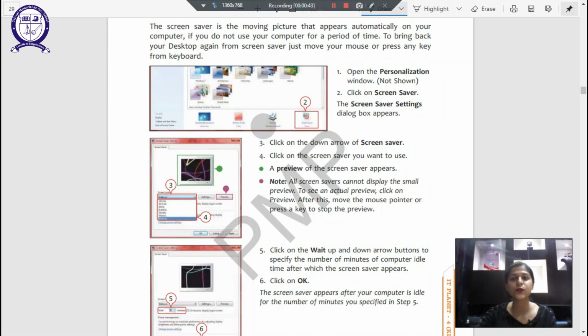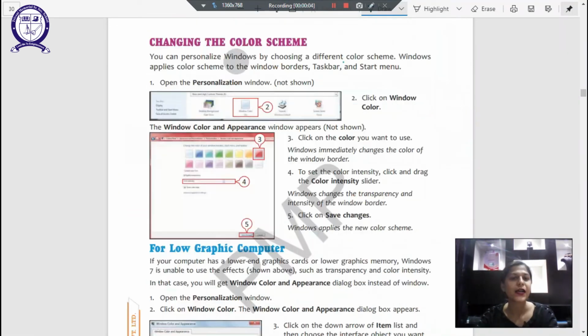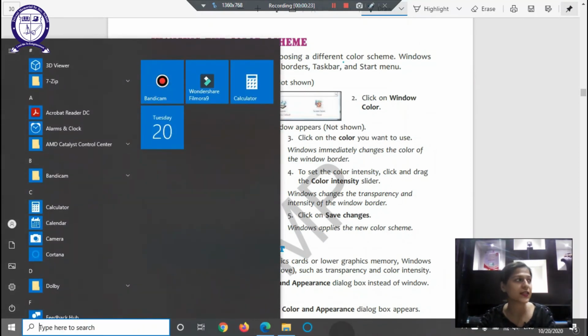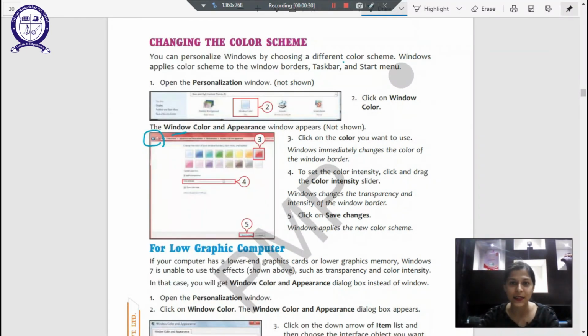And now that you've learned to apply screensavers, you can just play around in your settings. Now we will see how we change the color scheme. So the color scheme of Windows is these colors. Do you see that there's this red color in the background since we have selected this shade, right? It applies the color scheme to Windows borders, taskbar, and start menu. Currently there's no color scheme as such added to it. It simply looks black with a blue foreground color, right? Highlighted color. So what do we do to change this color scheme?